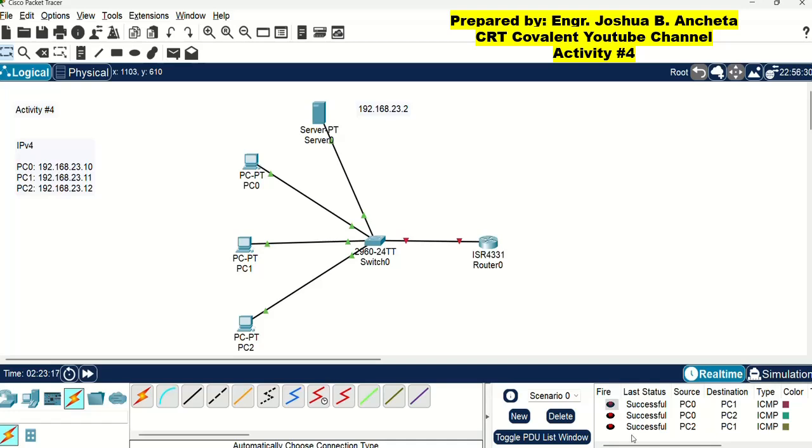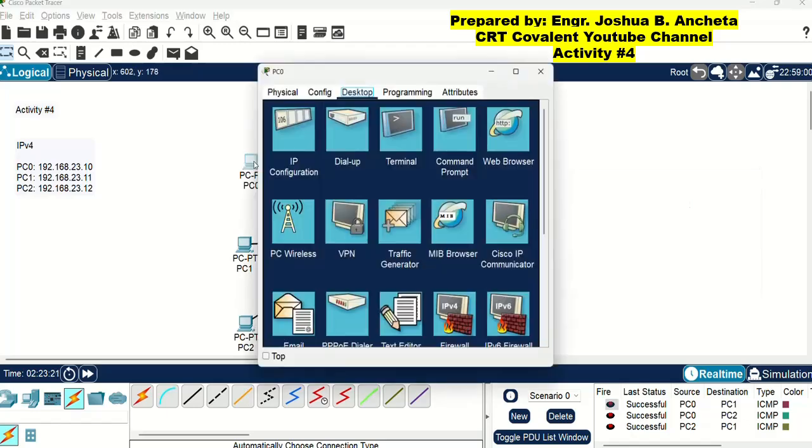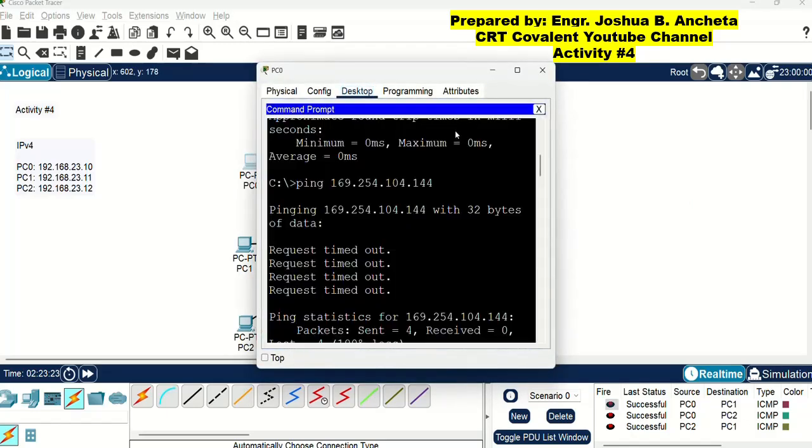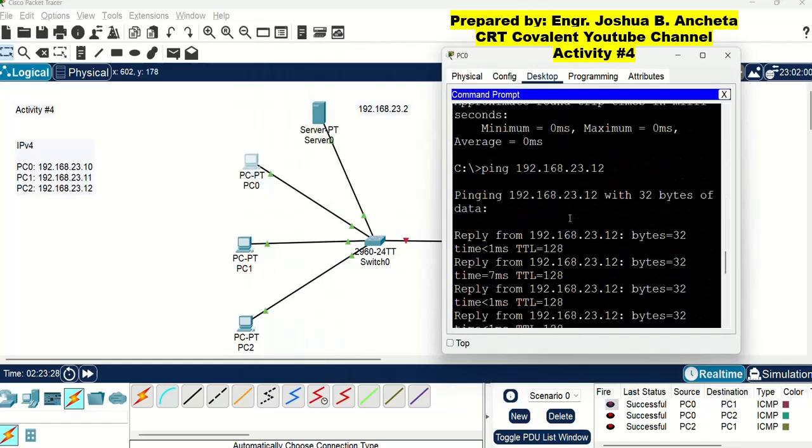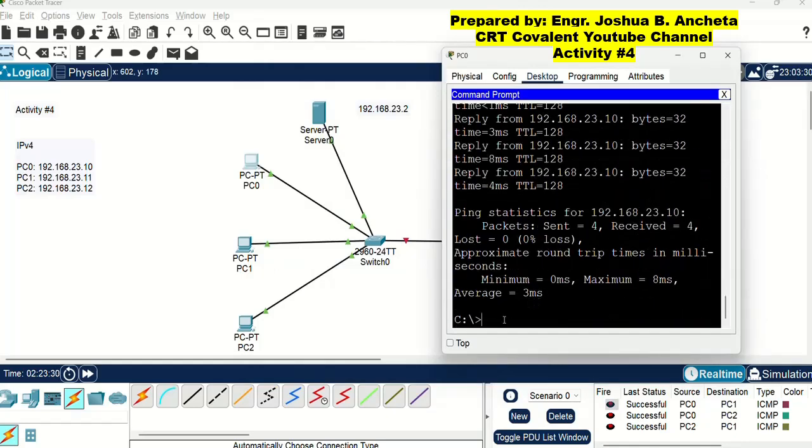Let us now try the ping command. Click PC0, go to command prompt, and go to the last line of this command prompt. Then type ping.